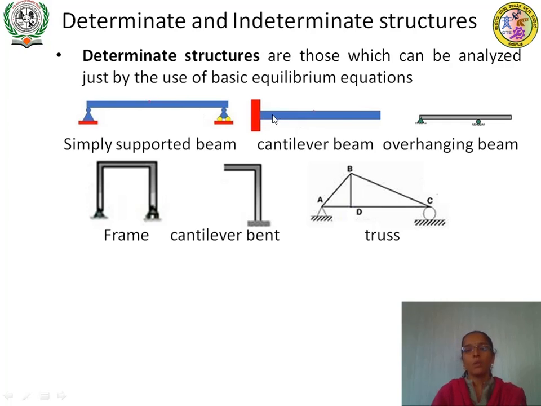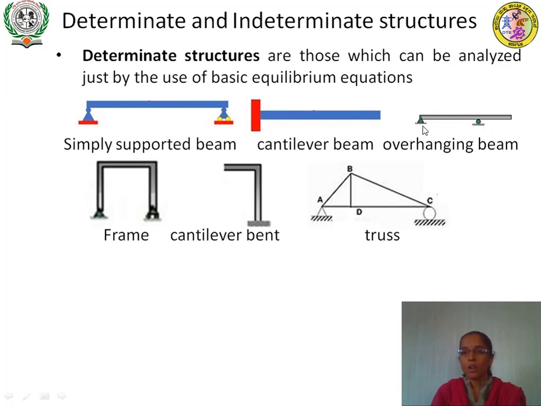Hence this beam becomes a determinate structure. Okay. And now this is a cantilever beam. So a cantilever beam is fixed at one end and free at the other end. So at the fixed end we have three reactive components, VA, HA and moment, MA. Okay. So at the free end there will not be any reactive components. Hence total number of reactions for a cantilever beam will be 3. Equations available are 3. Therefore this becomes a determinate structure. So 3 unknowns can be found by 3 equilibrium conditions.